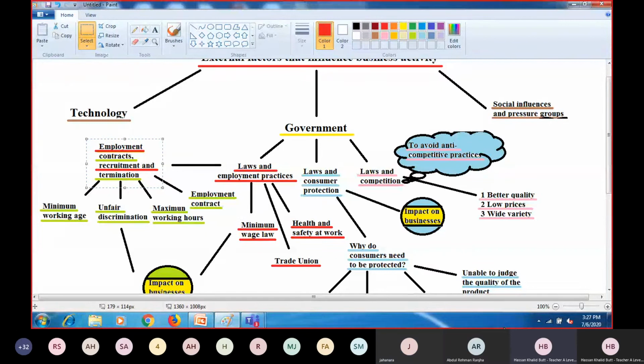Redundancy payment is a compensation package. Once you ask the worker to leave, and that is not because of the fault of the worker, you have to give them a certain amount, so that meanwhile they can find another job. It can range from, for example, if I talk about Pakistan, 5 lakh, 6 lakh rupees to 80 lakh, 90 lakh rupees, depending on how much experience the employee has with the business.